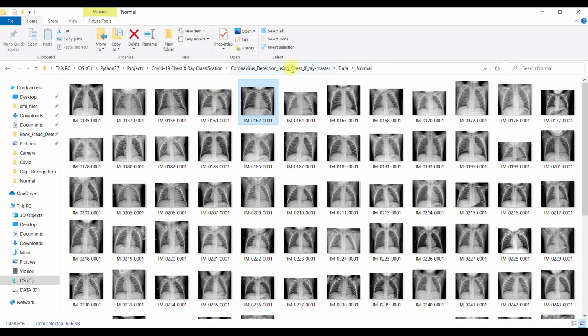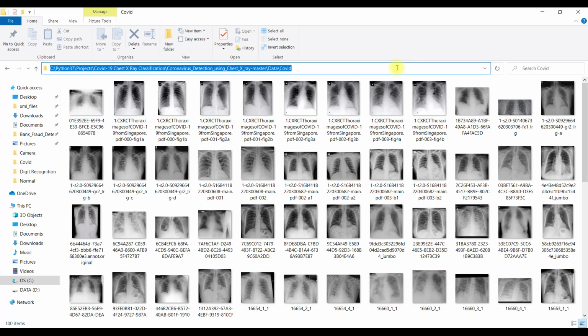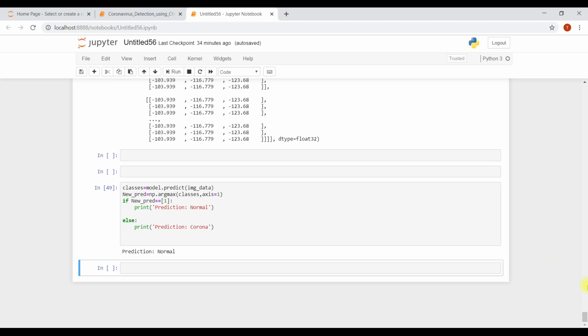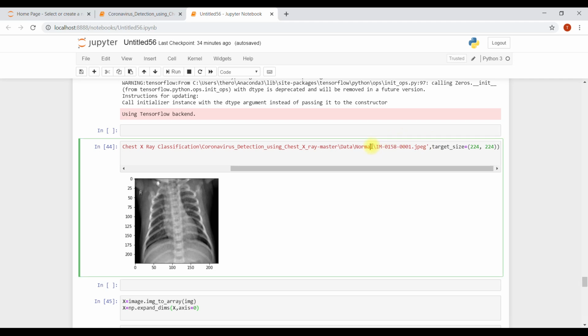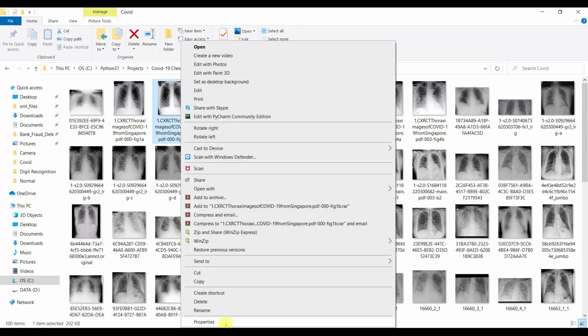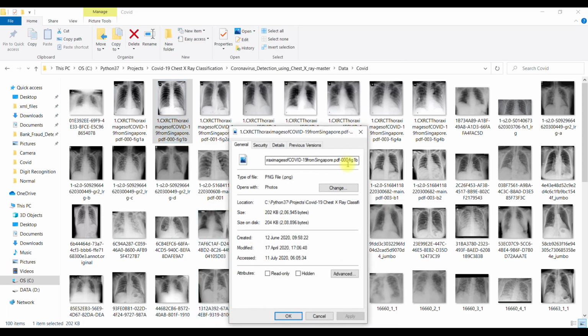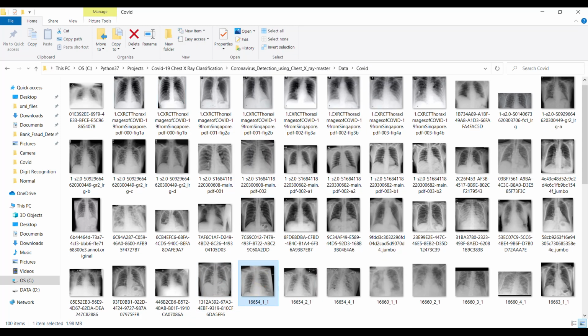Let's test this for a COVID one. Any image, let's say. I just need to change the path to COVID. Let's take this image, and it's a PNG image.